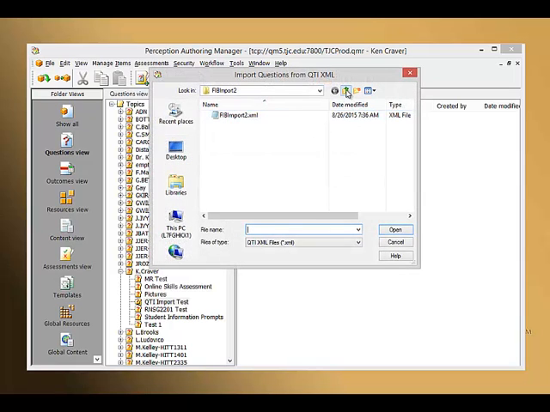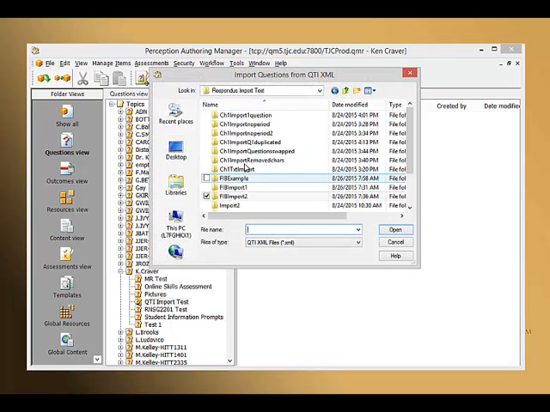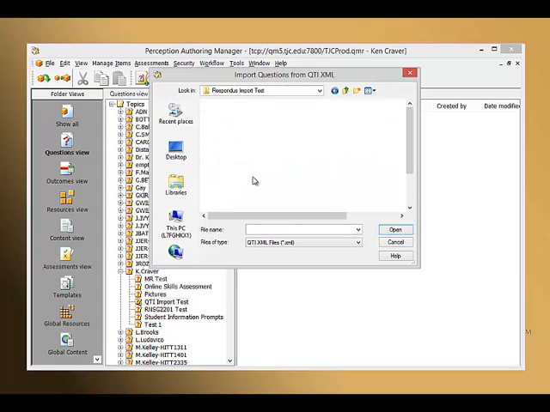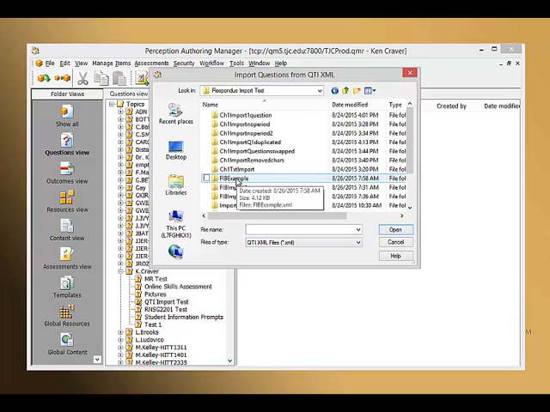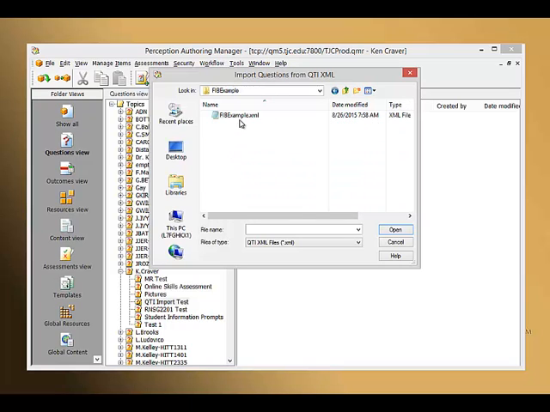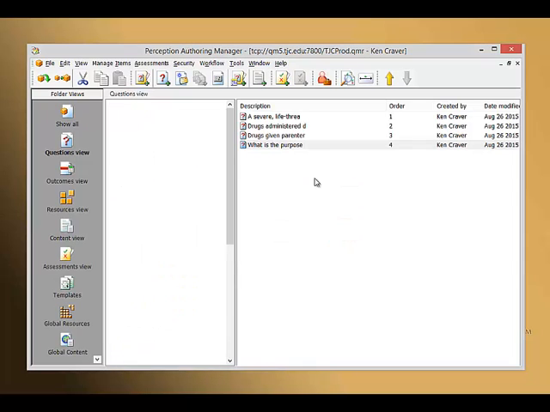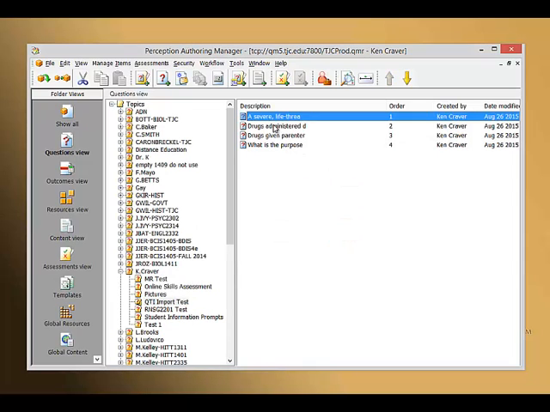Now I just need to go out and find that folder that I just did, and remember it's under Perception 5, and in my case, Respondus import test, and FIB example is what I saved. That's a folder. I go underneath that folder. There's the XML file that was generated by Respondus. I click open on that, and it imported the 4 questions. Notice the one that was at the top got left out. That multiple choice at the top was left out,